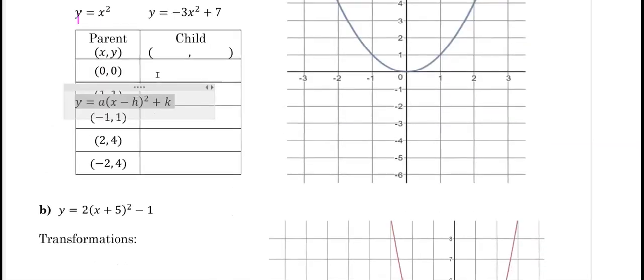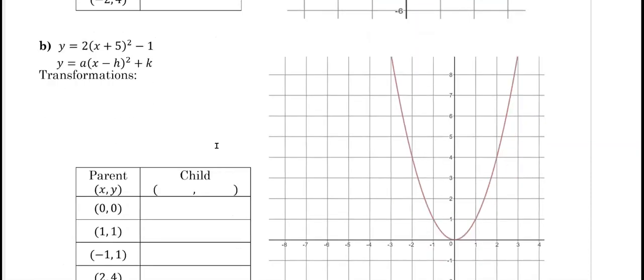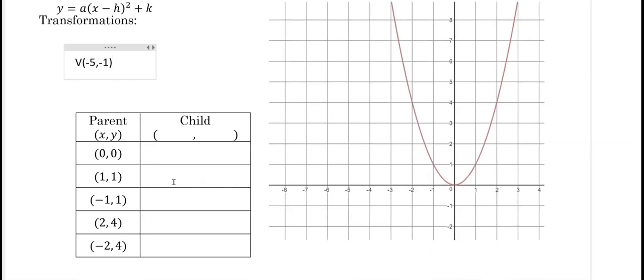All right, so again, taking a look at this comparison here. The H value must be negative, so it must have gone to the left, and then the K value is negative, so it must have gone down. So you should expect the vertex to at least be what your H value is, in this case -5, and your K value to be -1. So that's automatically one spot. There's your H and your K. So you can automatically plot that point, and that should appear also in your table right here, because this was the vertex